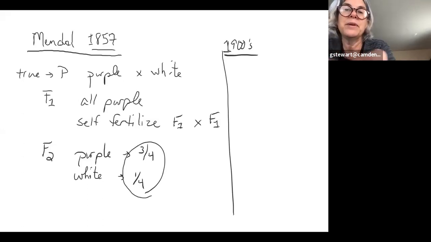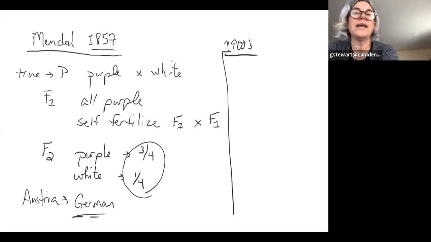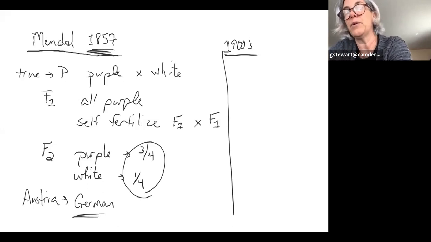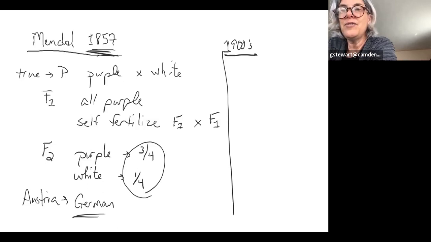That, and because remember he was in Austria, or what was then Austria-Hungary, he was writing in German. And quite honestly, the language of science at this time was French, predominantly, and then of course, like naming things, of course, would have been in Latin. So French or English and Latin, but not German. So Mendel's work did not get a lot of buzz, right? Especially because we didn't have as many forms of communication as we do today. So it wasn't until the early 1900s that we say some people rediscovered Mendel's work.